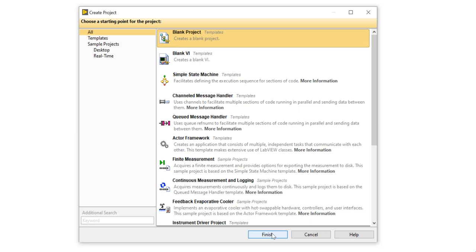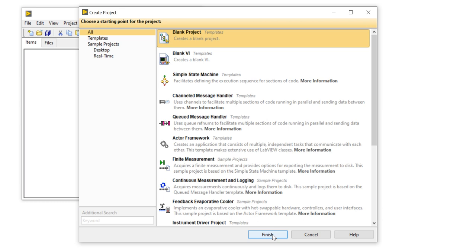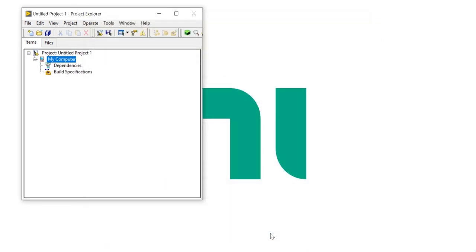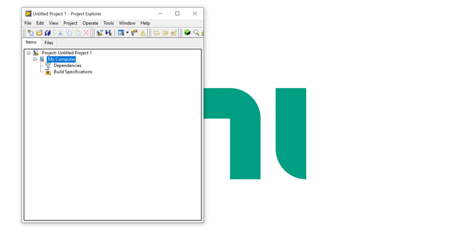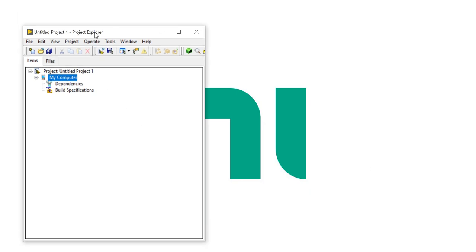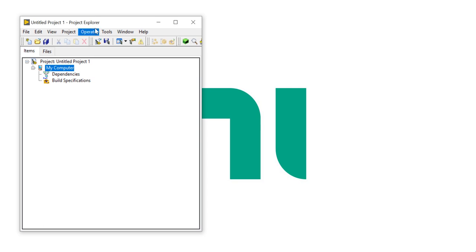Finish button is here. Now when you press the finish button, you will get the project explorer.